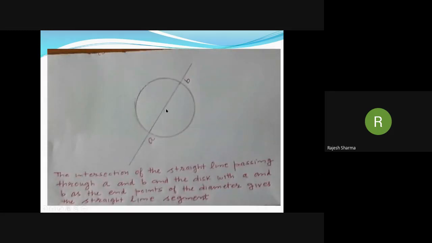So from the first equation, we find that Z lies on the straight line passing through A and B. And from this last inequality, we have Z lies in this disk. So Z lies on the line segment joining A and B. This means |Z - A| + |Z - B| = |B - A| represents a straight line segment joining A and B.